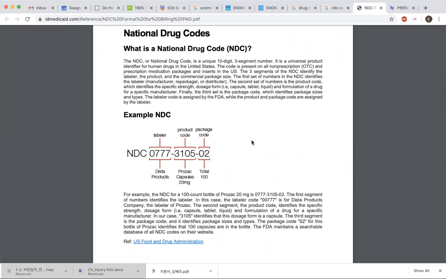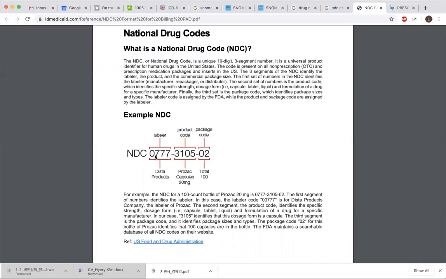For example, these digits represent Prozac capsules, 20 milligram, and then this was a total of 100. So 100 capsules of Prozac. A single capsule would be 20 milligram, and this product that you see in the pharmacy would have, in the box, 100 capsules, and it was manufactured by this specific